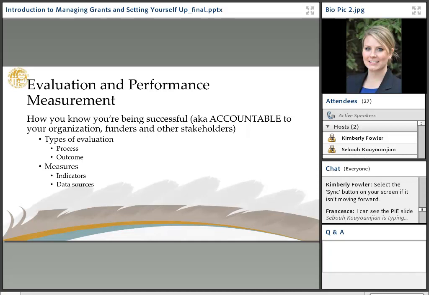And just a couple of quick notes, especially as you're thinking about your measures and your data sources. Be thinking about whether it is primary data collection, and build that into your timeline, because primary data collection, of course, takes a lot longer. If it is primary data collection, do you have to go through IRB? Do you have to go through OMB clearance? Be thinking about all of that as you're writing that grant application, and build in the appropriate amount of time to be able to do that.